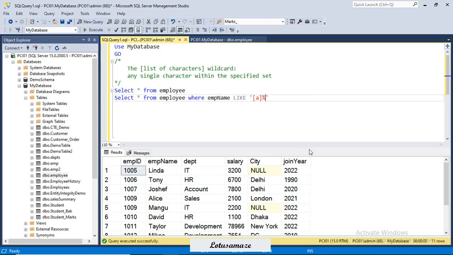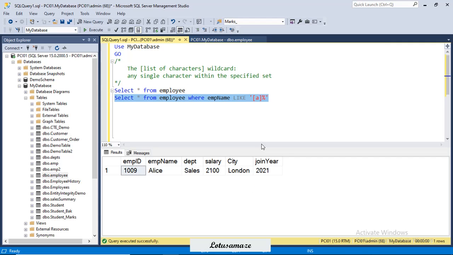Now this time I have used the square brackets. Square brackets mean you can have multiple characters. If I type this one, I get the one record, Alice. It means Alice starts with A. Now if I type B, what does it mean?